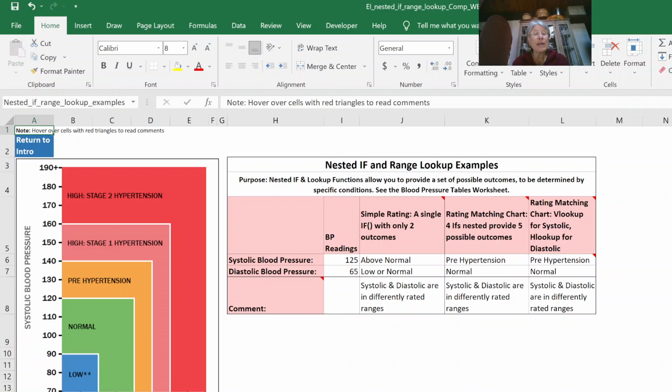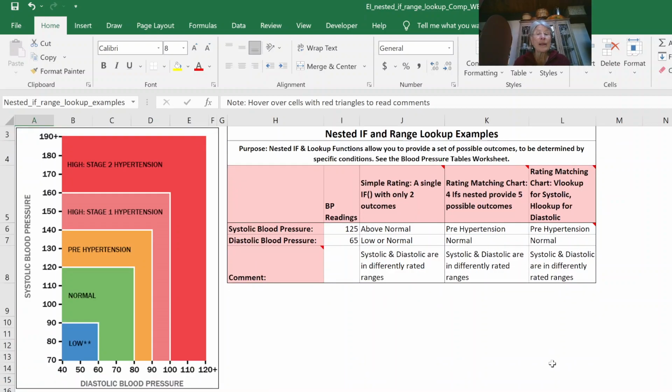So I'm going to adjust the page to give the optimal view and explain what we have here. We have a table that has a systolic and a diastolic blood pressure reading for some individual. And we've got an illustration here showing different ratings for different ranges of readings. So for example, someone would be in the low range for a systolic blood pressure reading if it was below 90. They would be in the normal range if it was below 120 and greater than or equal to 90,